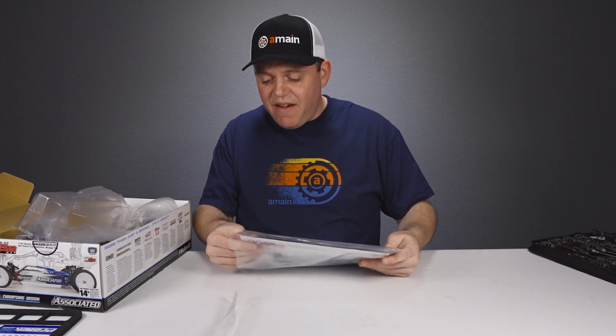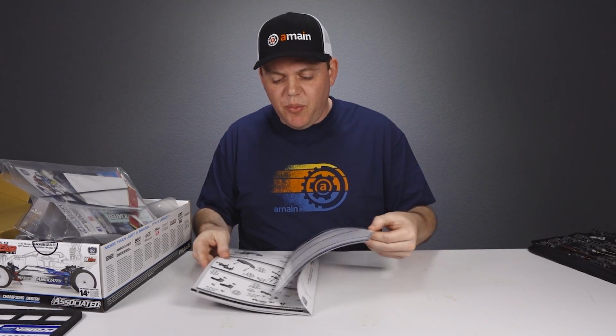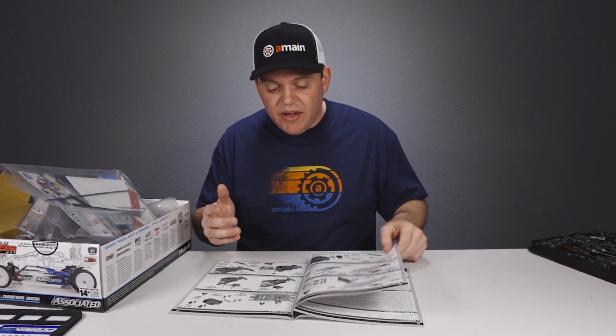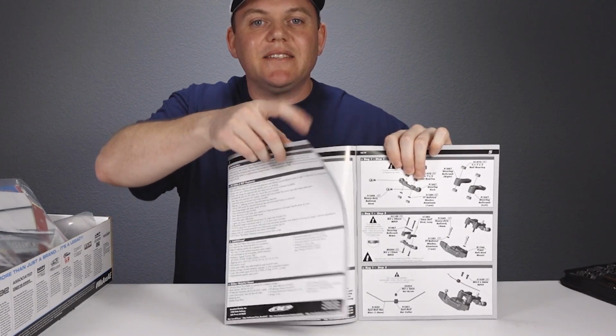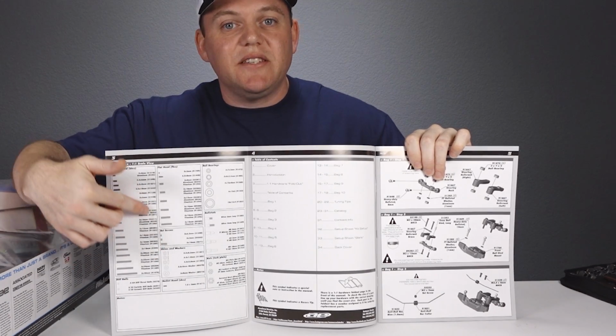Now, the last tip I have for you here before we start the build is to get your manual out. We want to just go through the first few pages, check out how the manual lays out the steps. Notice how on the pages it may go from bag 1 to bag 2 or bag A, bag B. Another really crucial step to examining your manual is seeing how the manual outlays the hardware. In this particular manual, it actually has a flip out page that has all the hardware sizes that are used,